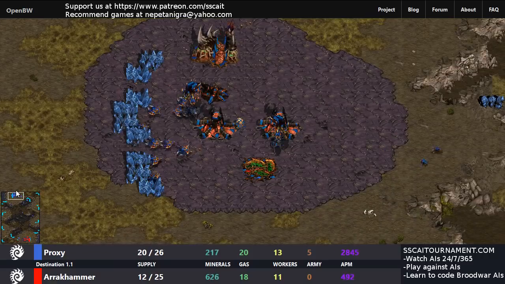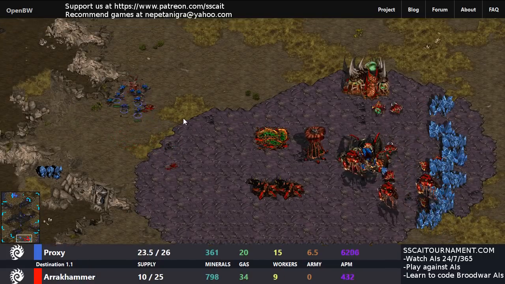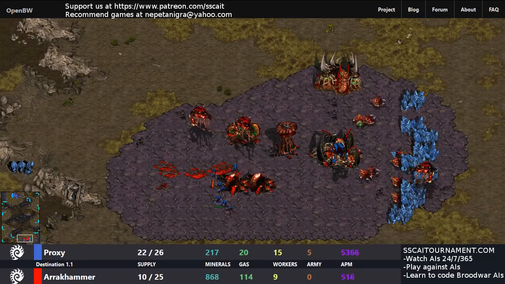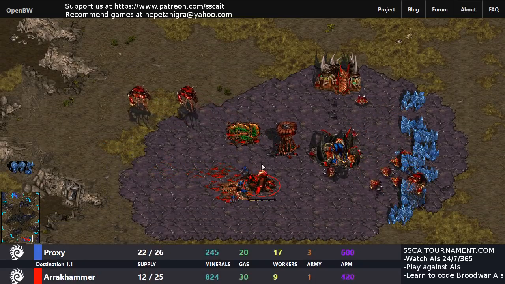Oh dear, oh dear, oh dear. And Proxy had better get some anti-air right quick, or do a run by. Oh, it's killing some workers, that's good. Arakhammer now at 10 workers. There is a Spire. Oh, and one Sunken is down. The second Sunken will just...